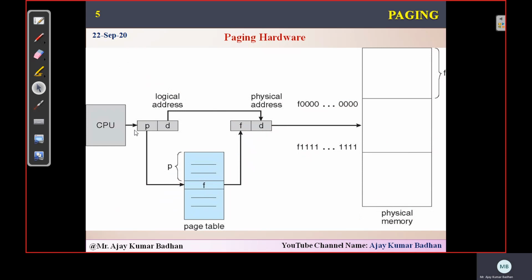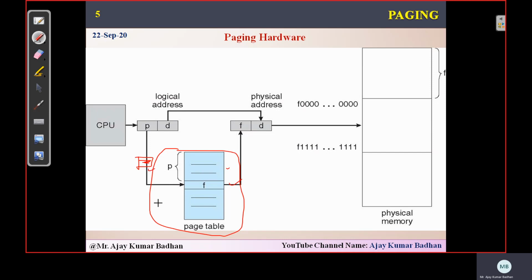So this is the basic diagram, and I'm repeating it here because it is important. Based on that only the hardware support is provided, but with a small difference in this mechanism. We are using a page table here, but when we talk about hardware support, we will have some changes in this particular location. Apart from the page table, we'll get some more additional hardware here.